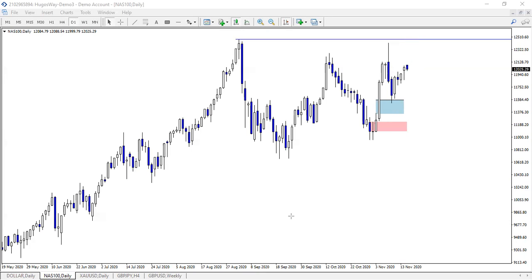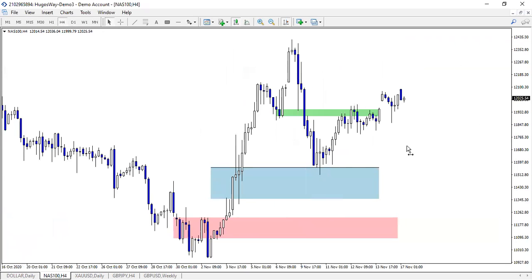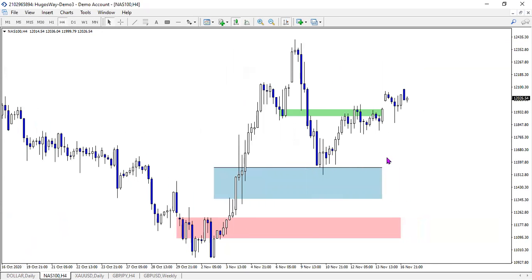So let's just drop down to the H4 chart and let's have a look at what we can see on the H4 chart. Okay, very messy here on the H4 chart. We can see we've got a double top that has formed right here. So we will expect to see price come down into around these levels, perhaps somewhere around there, retest some of these lows right here, before we see the market maybe want to pull back up again. Or alternatively, it could always continue back down and come and retest this blue zone again before we see it pull back to the upside. So overall, that is the probability, but I am overall bullish on NASDAQ, bearish on dollar pairs.